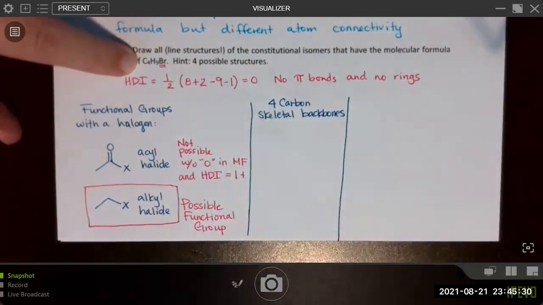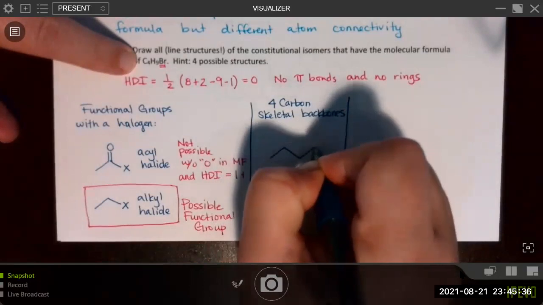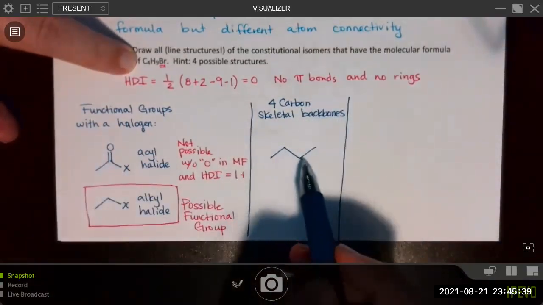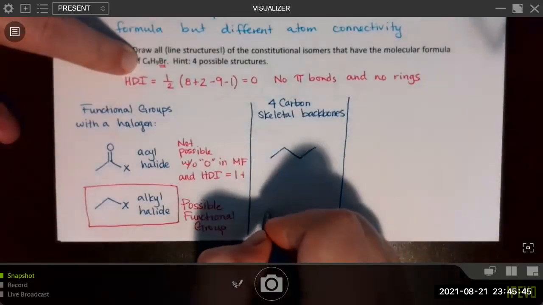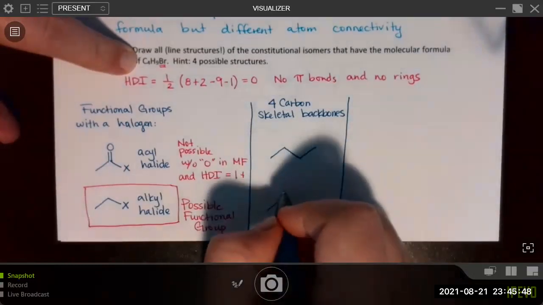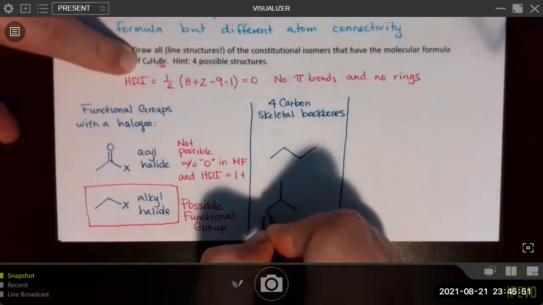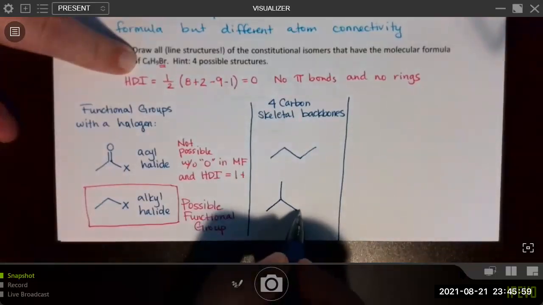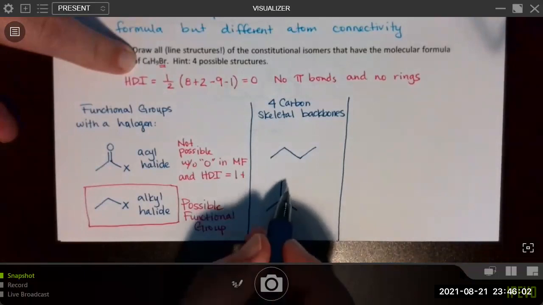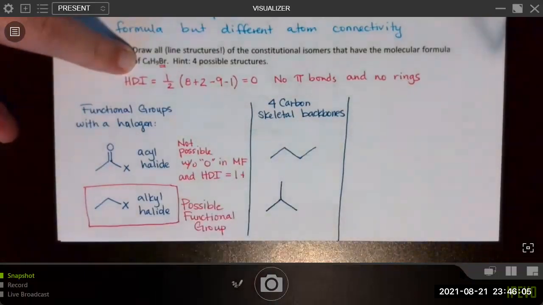So how can 4 carbons be attached to one another? They could be attached in a row, 1, 2, 3, 4. That's possible. Or it's possible for there to be 3 carbons with a branch on the center carbon. That's another way to get 4 carbons attached. And then that's it. There aren't any other backbones, because if I took off another carbon, I would have to put it here, which would make the same thing, or put it here, which would make this. So there's only 2 skeletal backbones with 4 carbons.